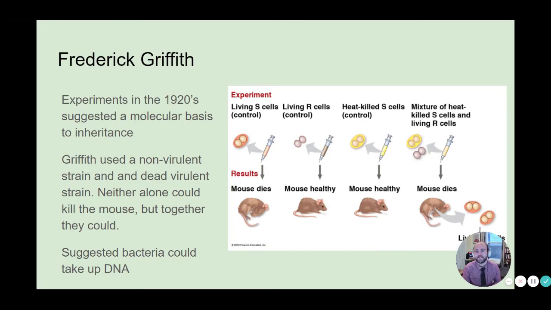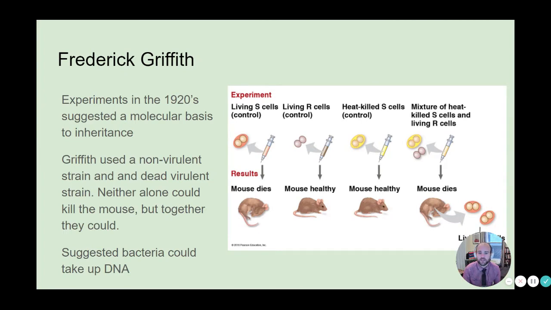Frederick Griffith did a very famous experiment in the 1920s that suggested that there was some sort of molecular basis to inheritance. We had already had Gregor Mendel's peas. We knew there was something causing heredity. And so what Griffith did was he took strains of a disease, both a non-virulent strain and then a dead virulent strain, and neither alone when he injected them